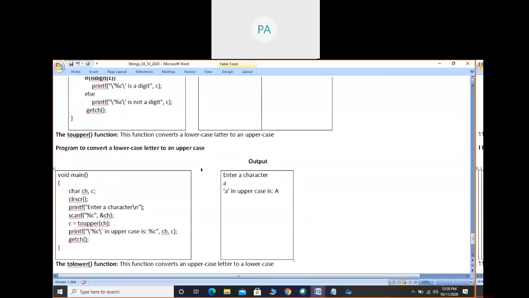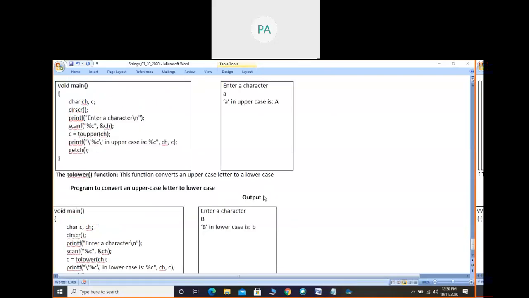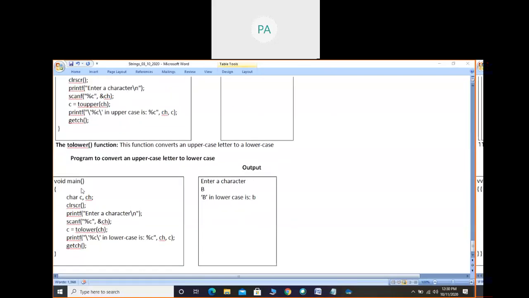It's not a problem. So the last function, tolower, you can take this screenshot.